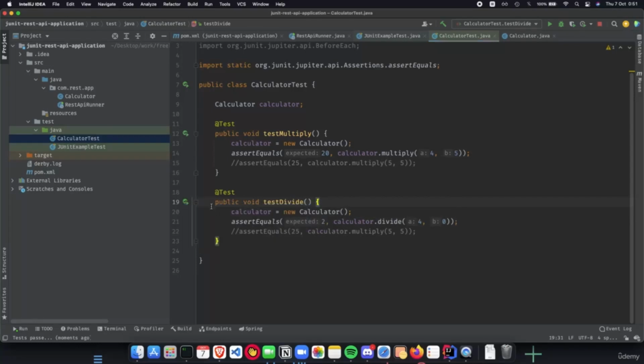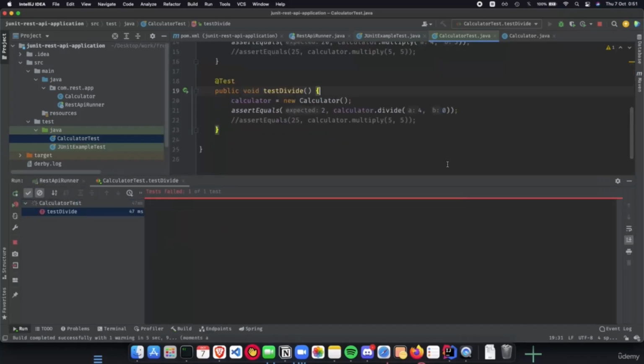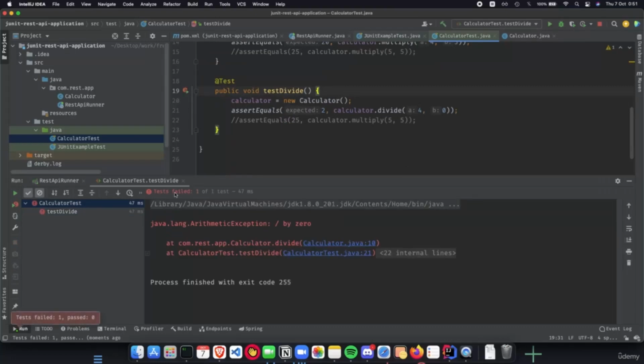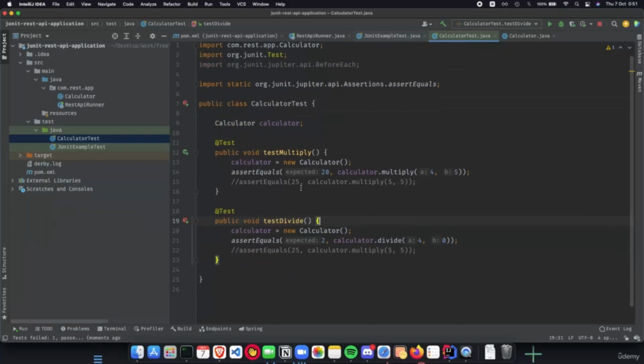So let's just see what happens here. If somebody's application is using a calculator and he divides by 0, we need to tell him something. We need to give him something. So here we say test failed and arithmetic divided by 0. Now we can write test cases where we handle this, but we will look into that in the upcoming videos